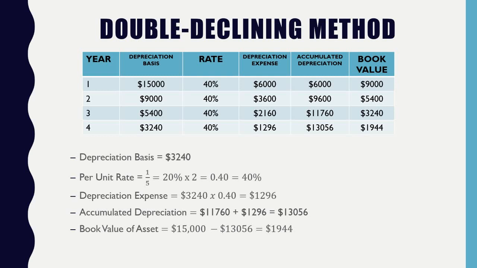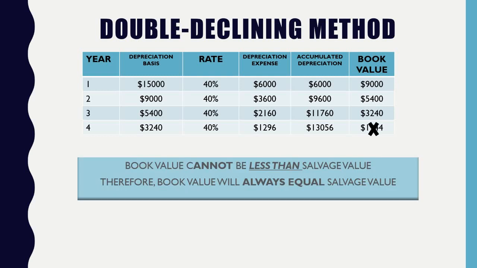It fell below salvage value. And because it fell below salvage value, you cannot proceed with this. You must cross that out, because book value can never fall below